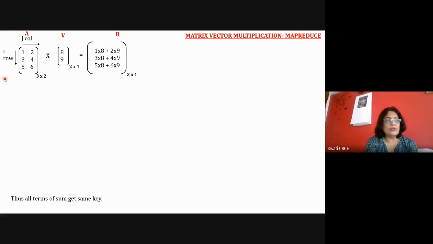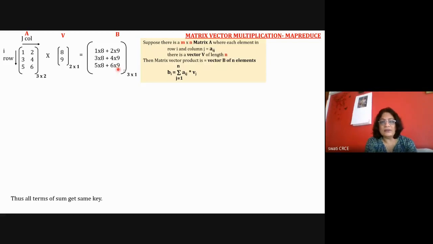So here the first row of this matrix, which I'm naming matrix A, is multiplied with the vector, and we get the vector B. Here we consider the row of A with the column, and we consider all the rows for the column. The answer is 1 into 8 plus 2 into 9. So this row and this column are important, and j is common in this. This is shown in the form of mathematics, like 1 into 8.